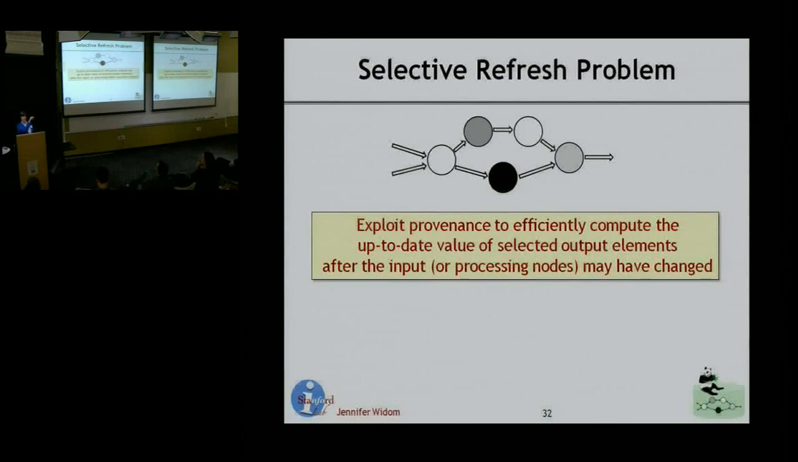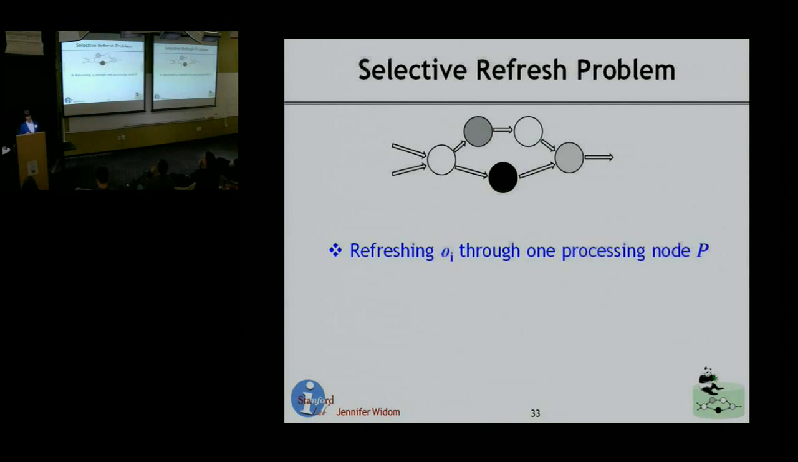And actually tracing backwards and getting the data that will propagate forward in the right way sort of tells you you had the right provenance. It's a little hard to explain. So let's look at what we would do with refresh. Let's say that we just want to refresh an element, an output, through one processing node. Okay? So we have our input, we have our output, and we want to take Oi, whatever it is, O4,